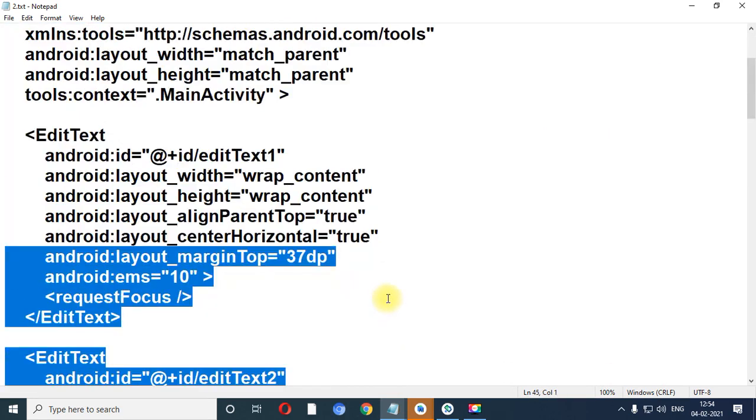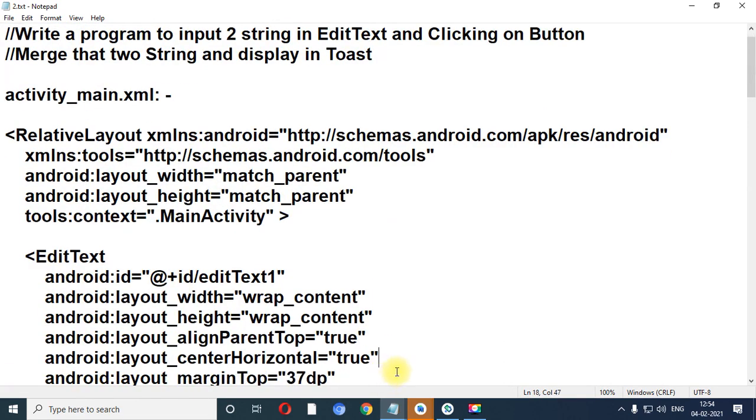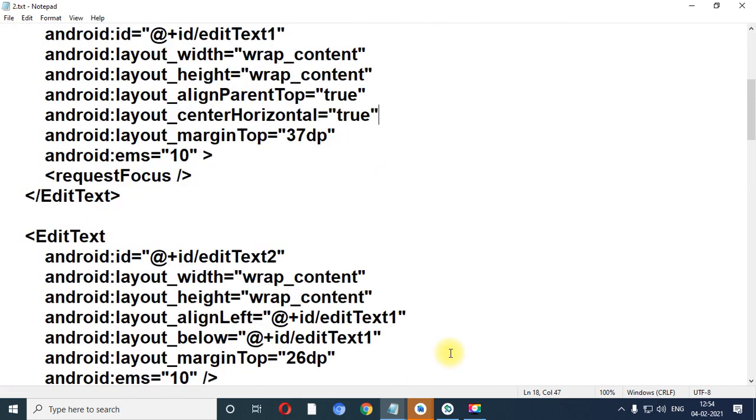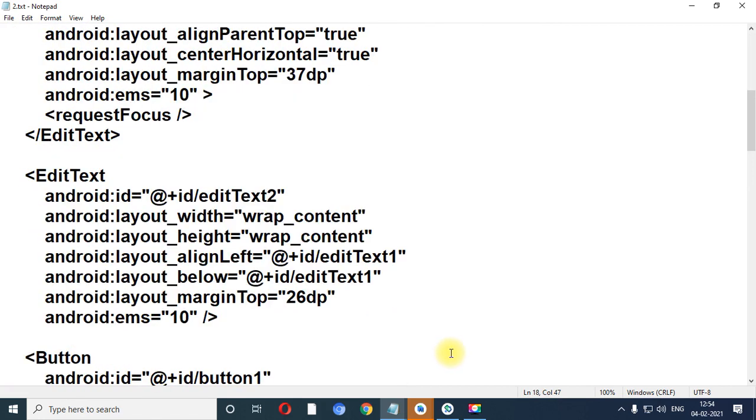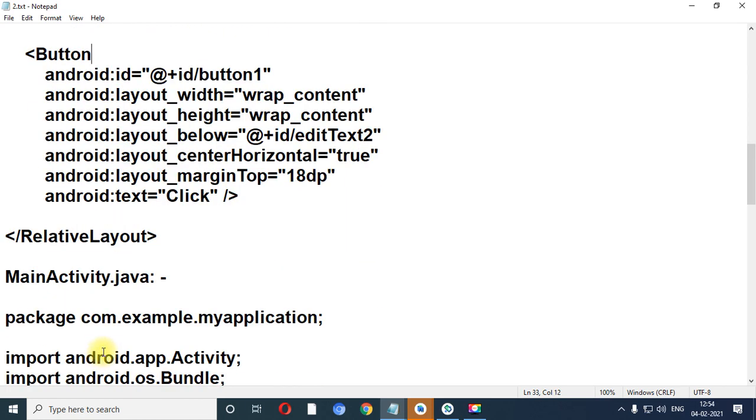Let me scroll up to center horizontal. Let me scroll up to button. Let me scroll up to the import bundle.